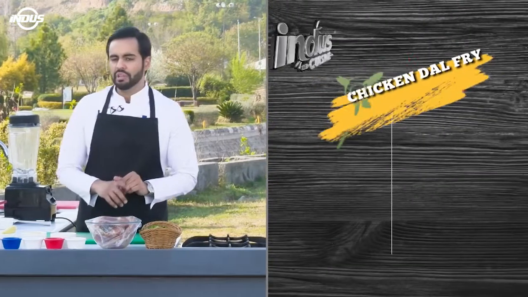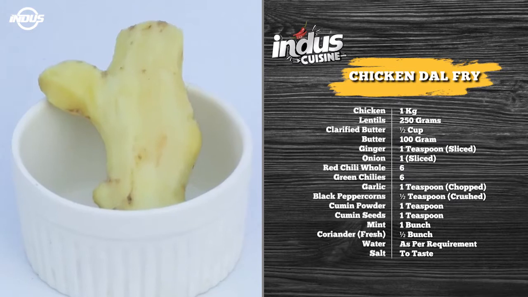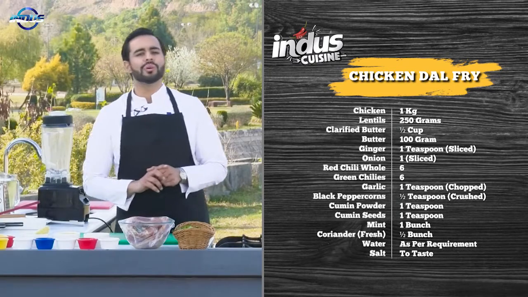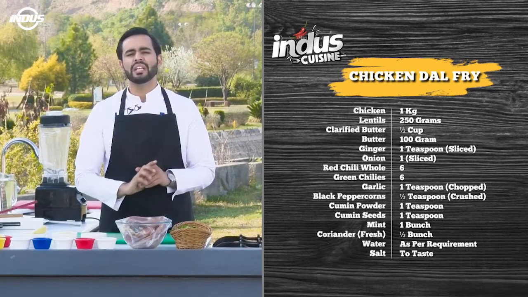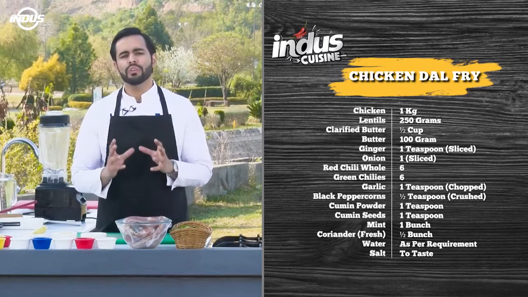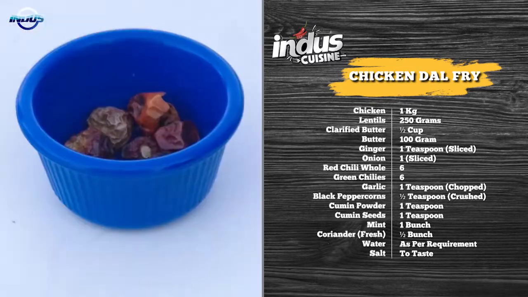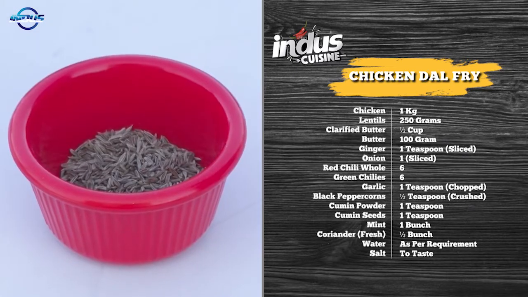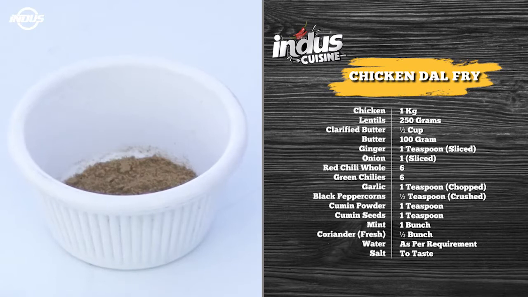Okay, so what do you need first? You need some black peppercorn, you need some garlic finely shredded, you need some ginger, you need some butter, which we'll use towards the end. Then you need some yellow lentil, which I'll basically soak for at least 5 minutes. But if you have time, it's preferable that you soak it for at least half an hour, which would amount to 30 minutes. Then you need some dry red chili, some cumin seeds, some clarified butter, which is over here, and some cumin powder.